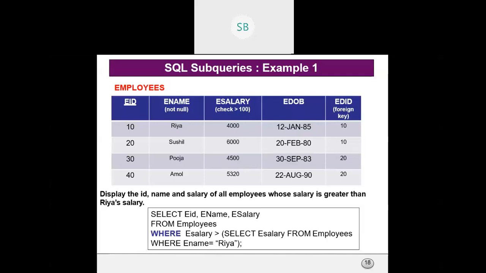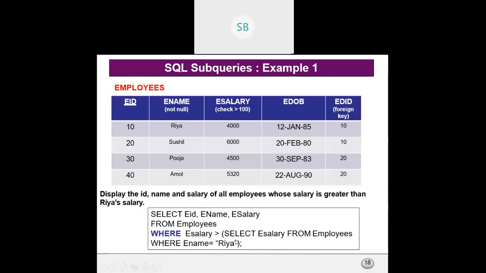So here you have to write the subquery. What this query will do is find the e salary whose e name is Ria. Then it will find the salary of those people who have higher salaries than this salary. So it will only deal with this column.